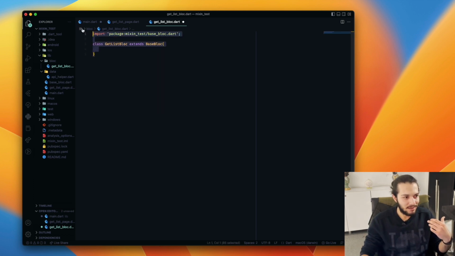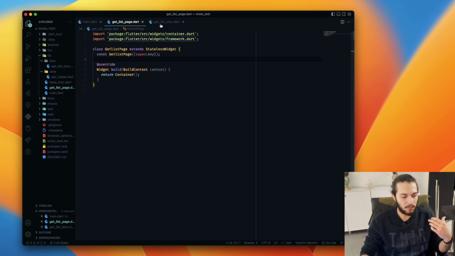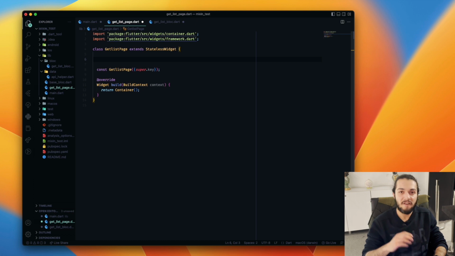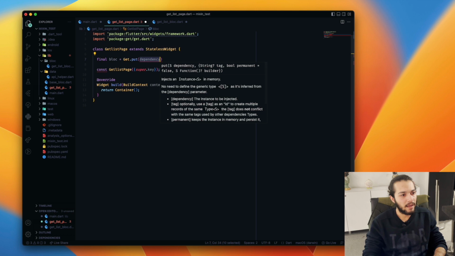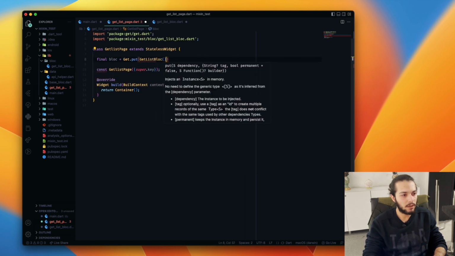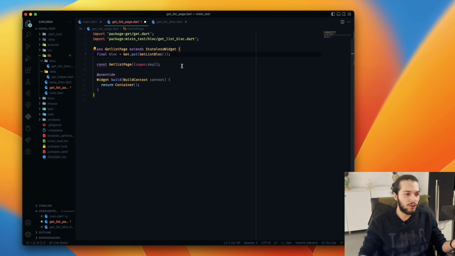For example, this GetListBloc depends on GetListPage, and I want to put it here with GetX: final bloc = Get.put(GetListBloc). I injected it in this class, and all my logic in this page needs to be in this bloc. Okay,